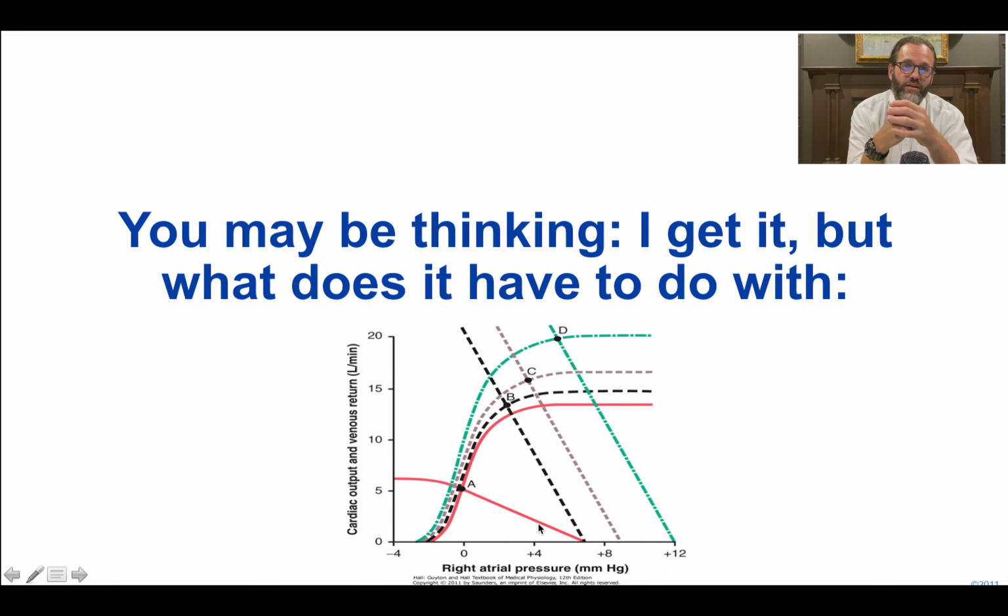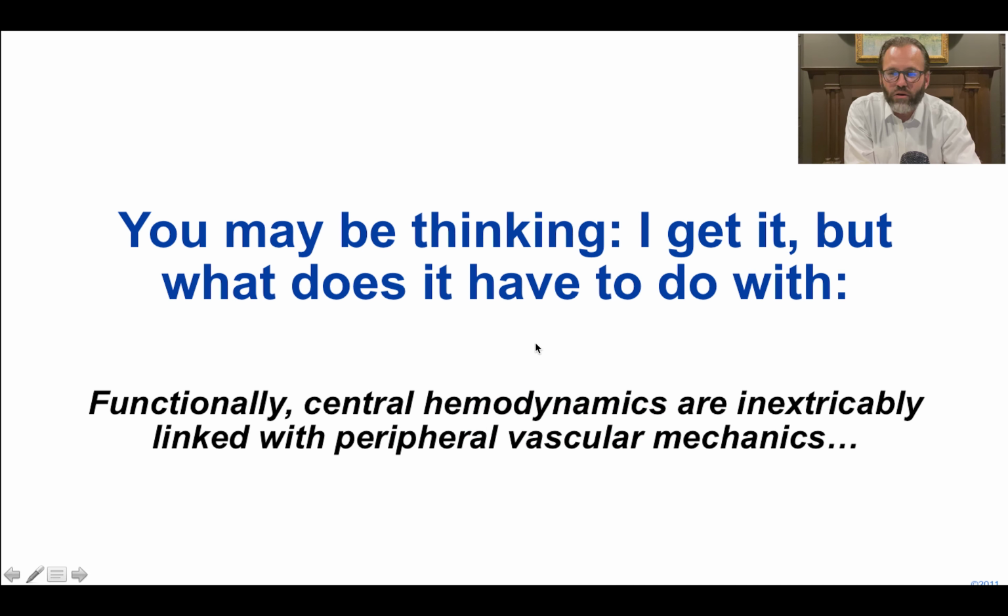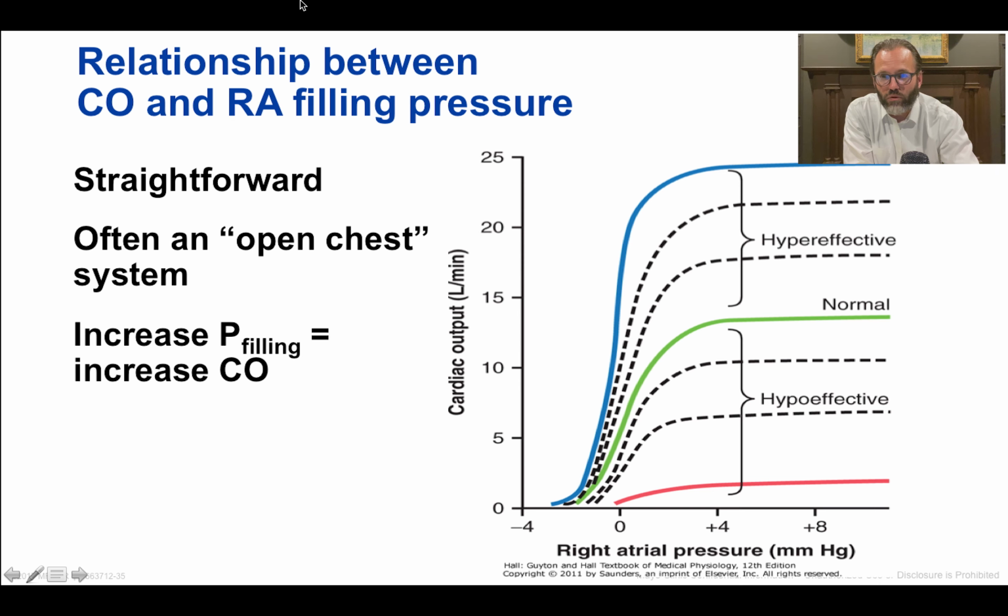So we'll pause here for a second and just say, well, that's great, right? Hopefully that's all relatively straightforward, somewhat review material to varying degrees. But you're probably asking the question, well, what does that have to do with these right atrial pressure cardiac output relationships and pivotal parts of the function of the central circulation and its interplay with the systemic vasculature? And I would argue that functionally, central hemodynamics are really inextricably linked with peripheral vascular dynamics and peripheral vascular mechanics. So, again, when we're looking at this relationship between cardiac output and right atrial filling pressure,